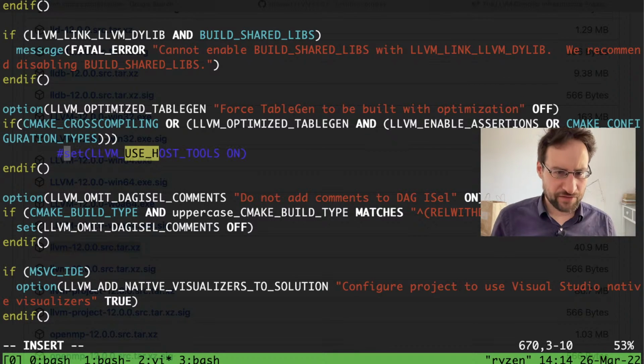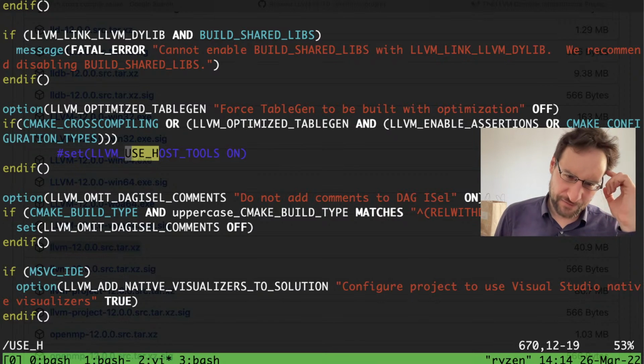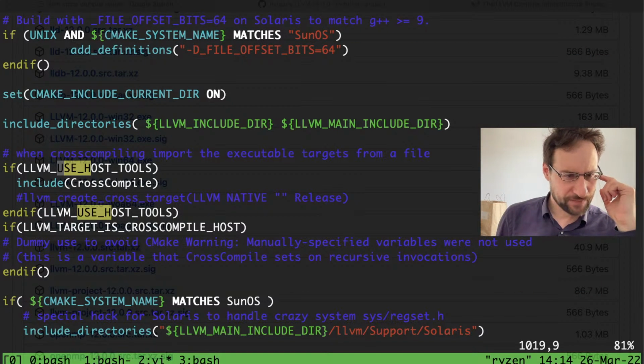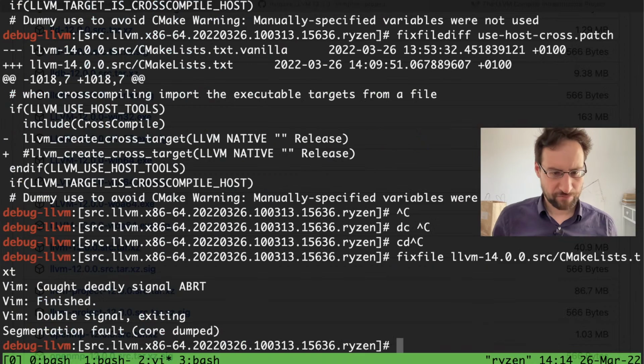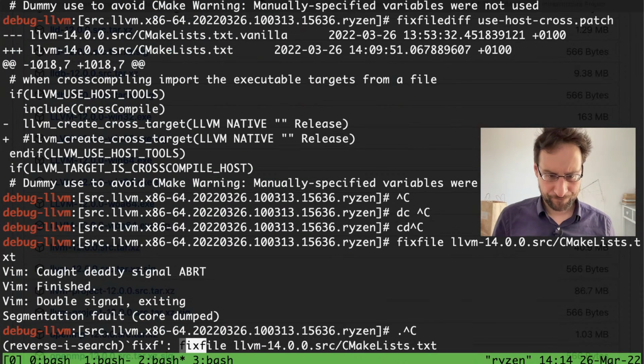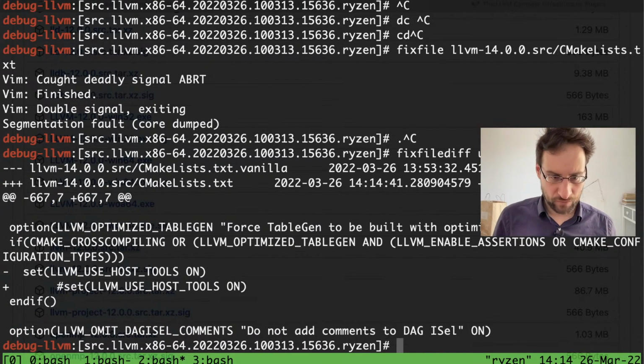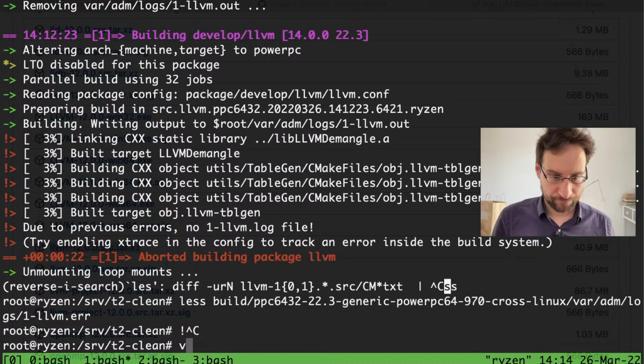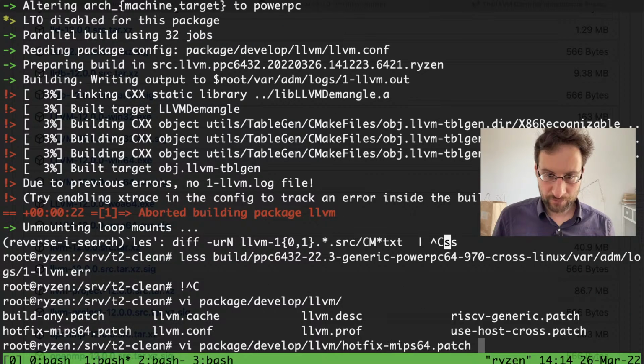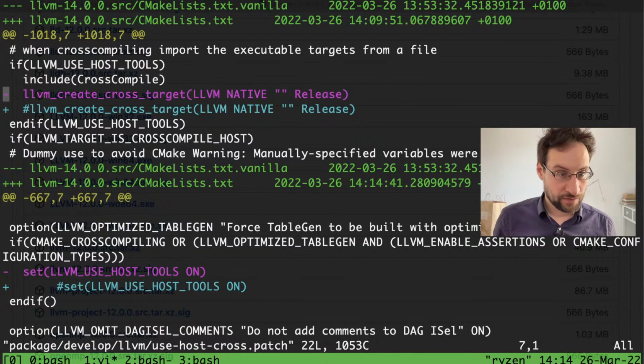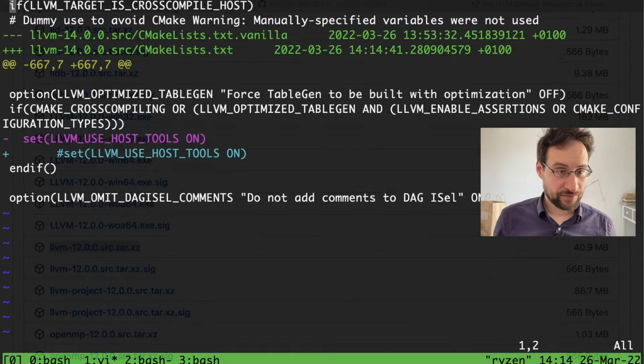Maybe we try that and see what happens. Although I have the feeling this will also break, but let's see. I revert that here not to have too much random nonsense in there. So it was use host. So that was old patch. Let's see what happens with that.